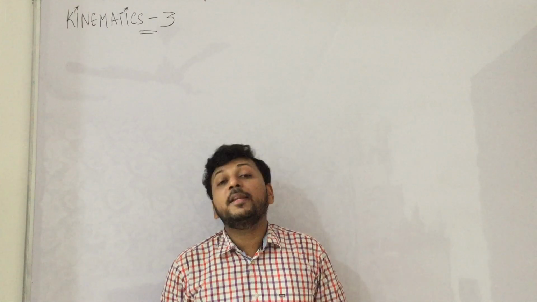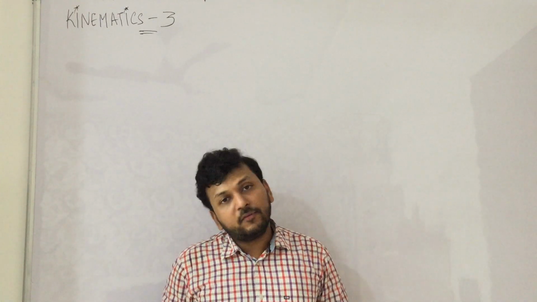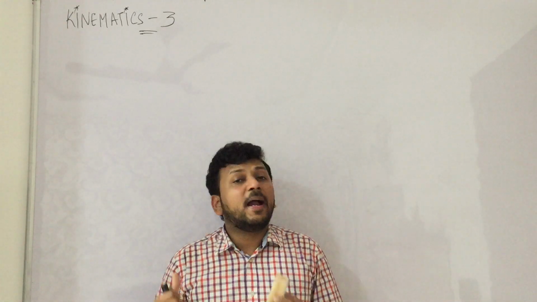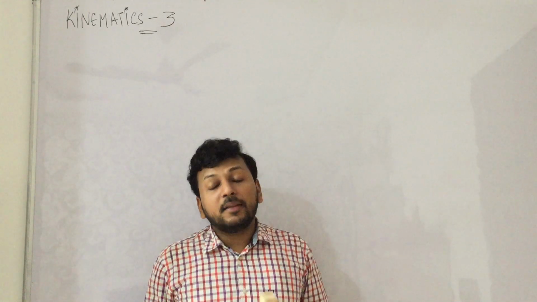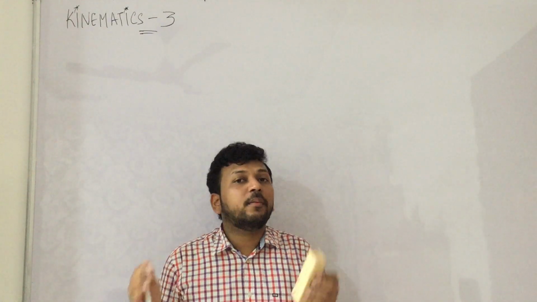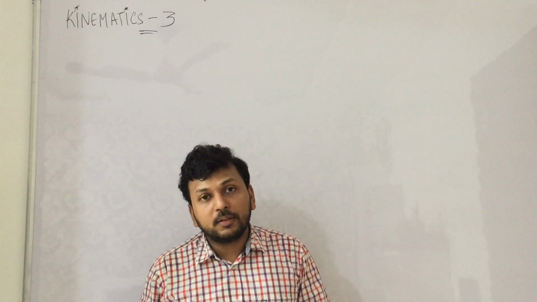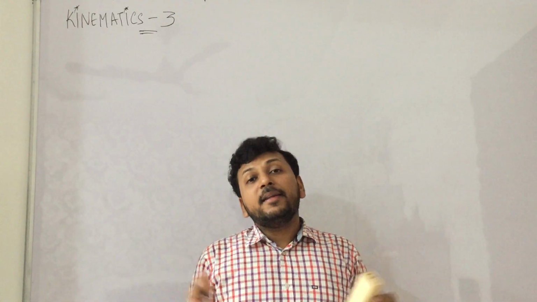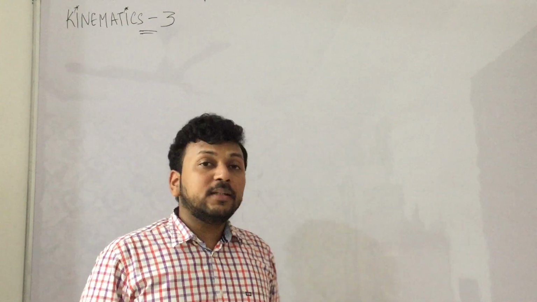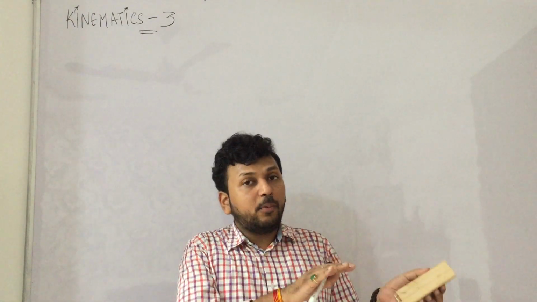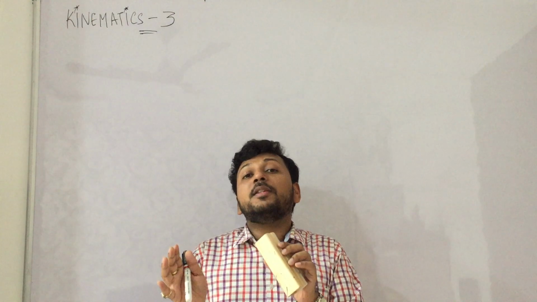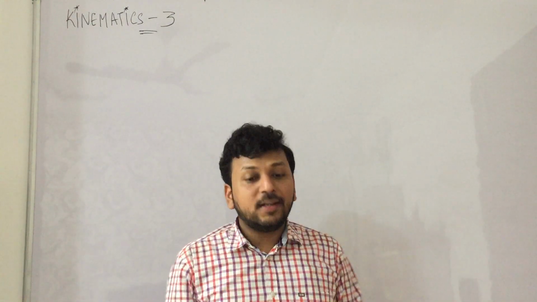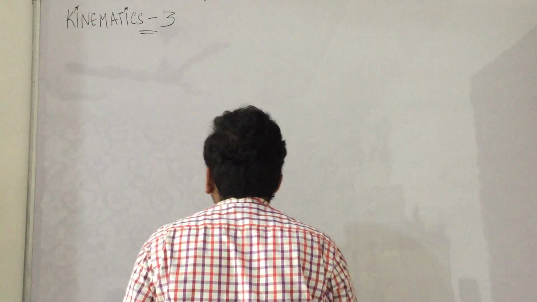Now to understand graphs we need to understand integration and differentiation. So what is integration? We will just understand the basics of it that are required, otherwise integration is a whole book in class 12th. Okay, so what is integration? It is summation. Adding things is integration. And differentiation is the opposite of integration. From differentiation we find slope, from integration we find area. Okay, so let us understand the basics of it.